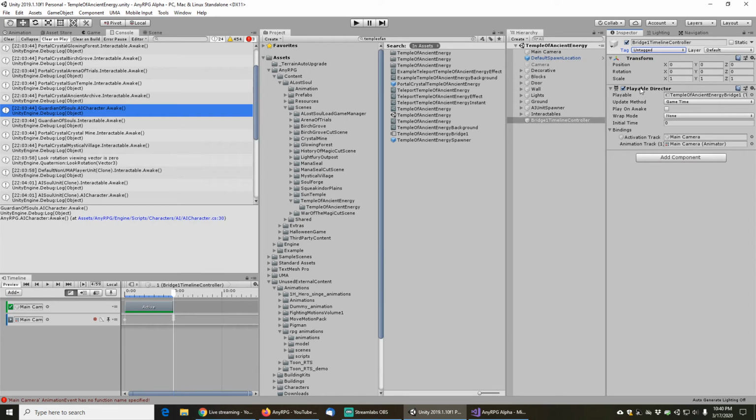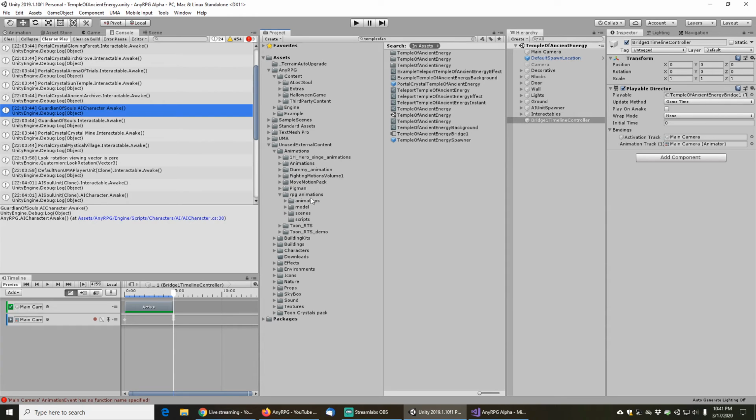So I think another way that we can take care of this is we can have a playable director controller which has a reference to its local playable director and can call the play method on it. And then I want to add a new component to the game manager that accepts registrations from playable director controllers in the scene. So I think that's what I'm going to do. Basically this thing will just hold a dictionary to all the playable directors that have registered themselves in the scene, which can allow us to have multiple cutscenes,